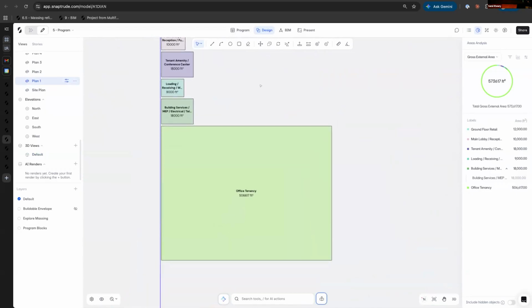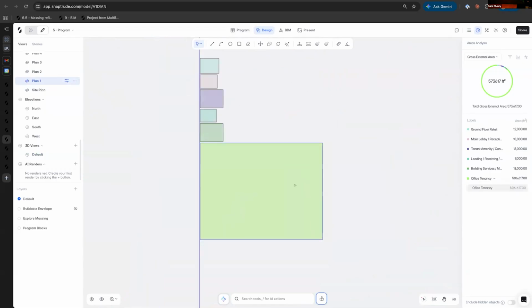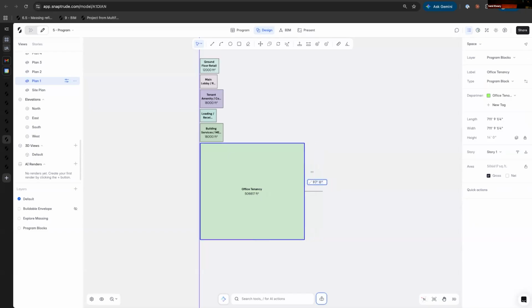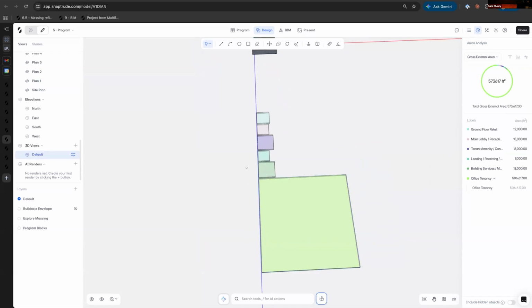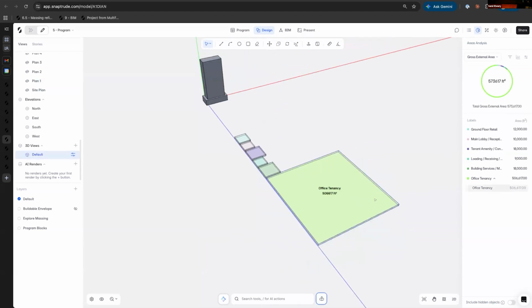You can think of it as a proportional comparison of the actual programs that we've added. So this is a really high level program for what is going to get detailed later on as we have more tenants and TIs start coming in to fill the space, right? But for now, if we want to make edits to this, again, we can change the overall targets that we want for offices, or we can leave it as is, and we can start to undertake a process to distribute this vertically across all of our stories and start to incorporate it within the design